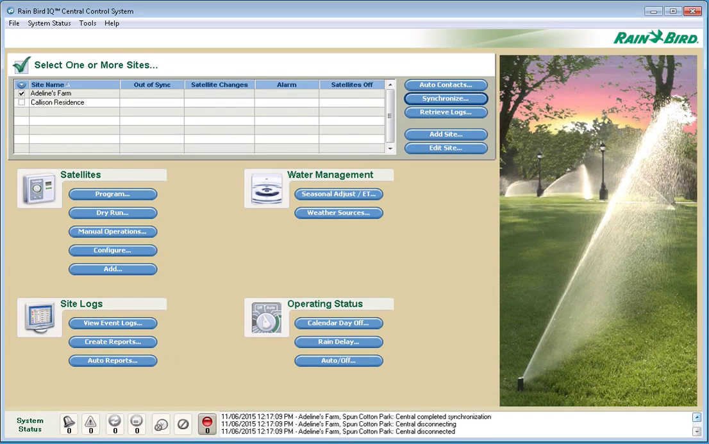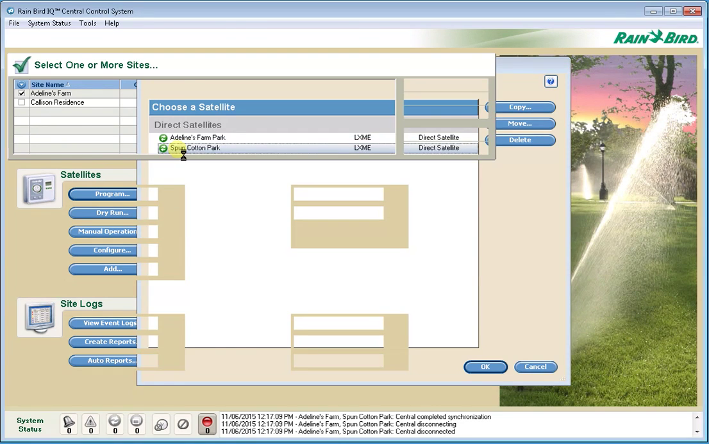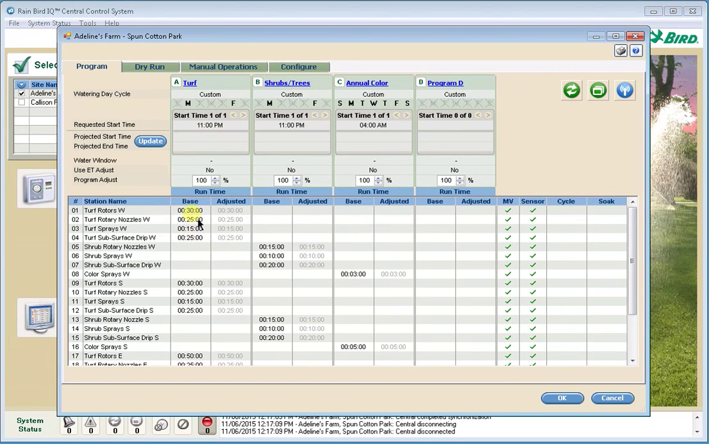This video will demonstrate the IQ Auto Contacts configuration. I'm going to open up a satellite and make a program change. Say I want to change the runtime of this station. When I am complete with that task, you'll notice that the icon up here in the upper right hand side,